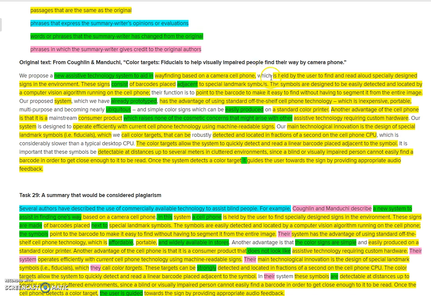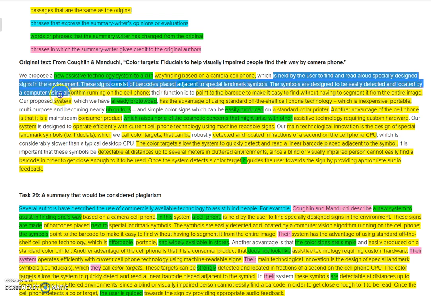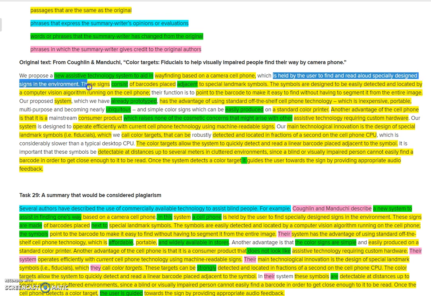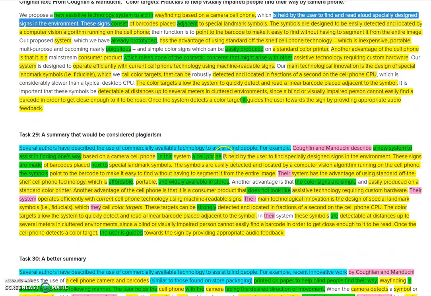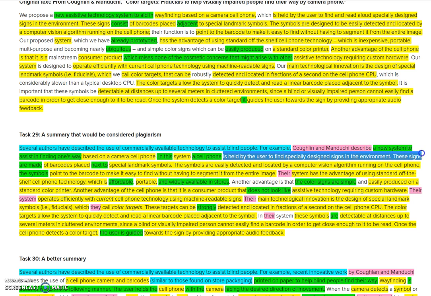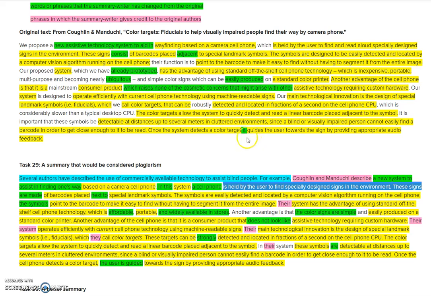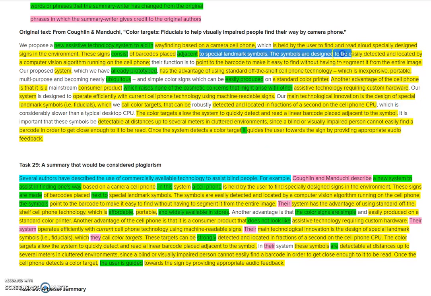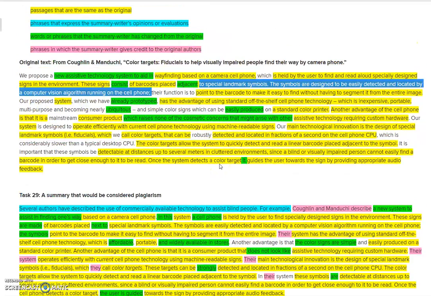So let's look at this for example, which is held by the user to find and read aloud specially designed signs in the environment. These signs, and if you look down here, you can see the very same words. Is held by the user to find specially designed signs in the environment. These signs. Look here. You see a little flash of green and then more yellow, and another flash of green and more yellow. This is a sign of what I call paraphrasing by synonym, where you just look through and